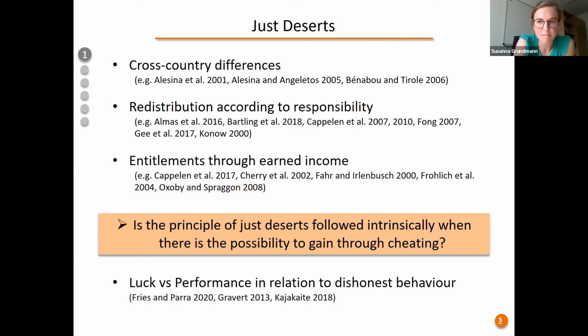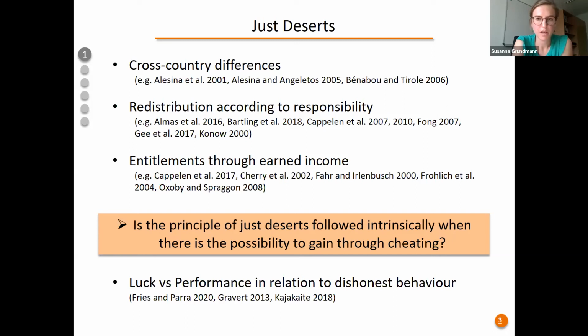And my research is closely related to 3 other papers who also examine the effect of luck and performance in relation to dishonest behavior. One by also Daniel Parra, who also is a presenter in this session here. And the difference between these papers that I mention here and mine is that in these 3 papers, subjects cheat at the expense of the experimenter, whereas in my experiment, subjects cheat at the expense of other subjects and therefore directly influence the distribution of